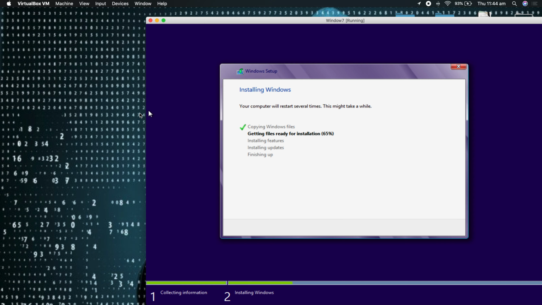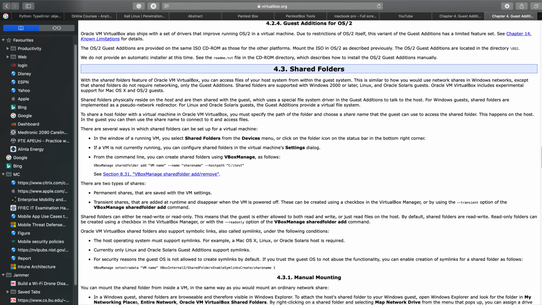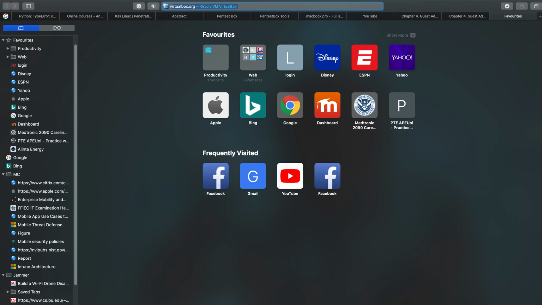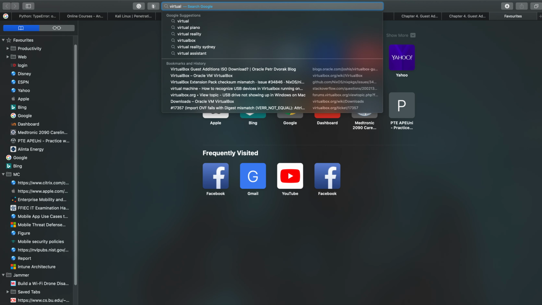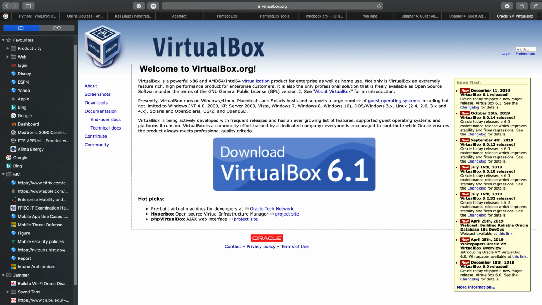During the installation process, we can go through how to download VirtualBox. I will show you. So we will type VirtualBox, and you can see here it's Oracle VM VirtualBox. Click there, and choose which operating system you want to use. So go to download,